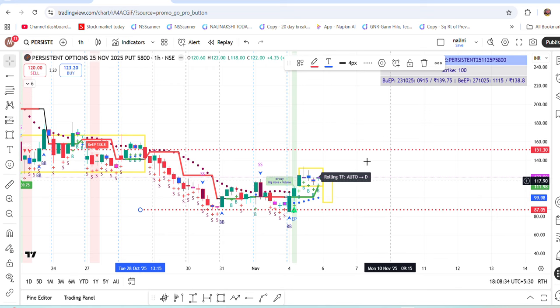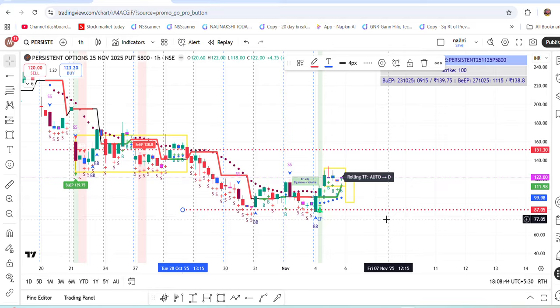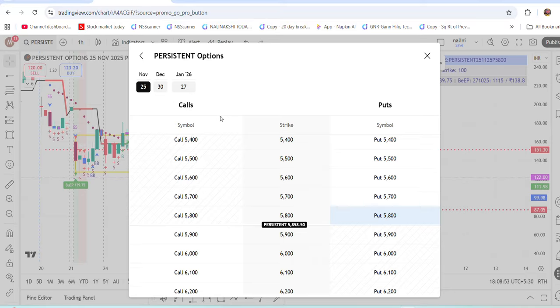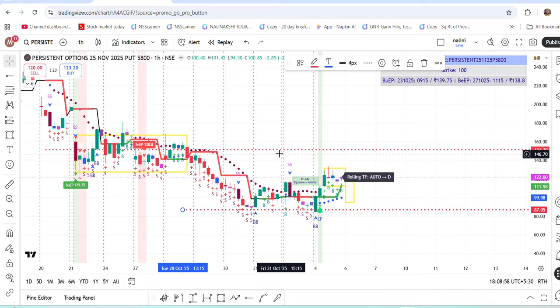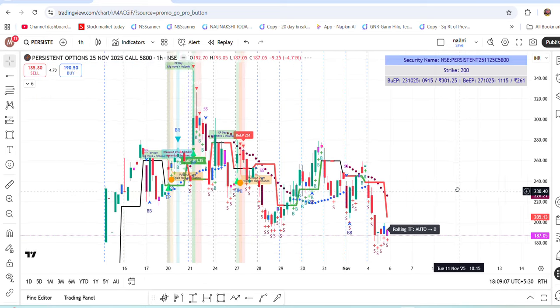All of you keep it in your watch list. Observe this with the indicator, rolling pivot, reversal magic, and this episodic pivot. You can create wonders and bring profits into your home. So I have explained this. Let me go to the same put option, the 5,800 put option. Let us see what is happening over there. This is the put option. Okay, sorry. Let me go to the 5,800 call option. Let us see what is happening over there.